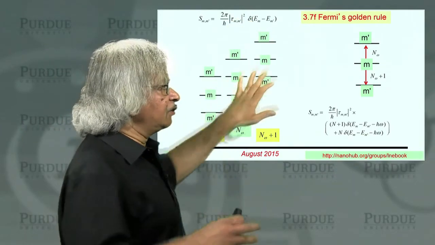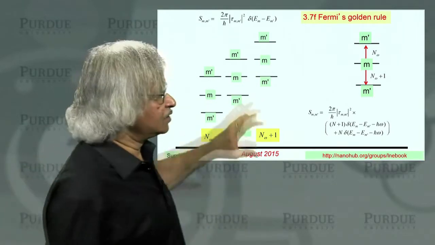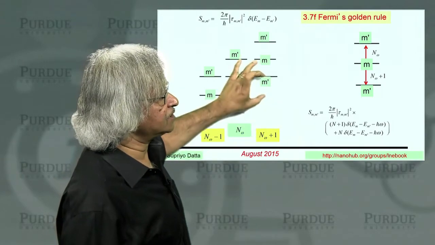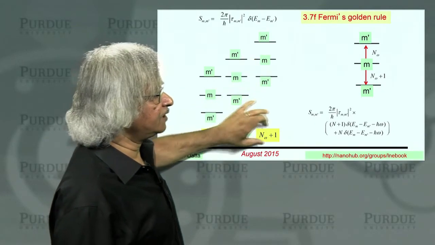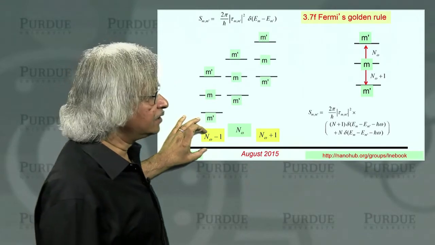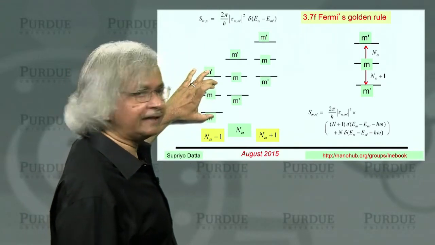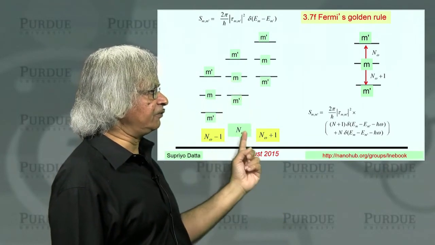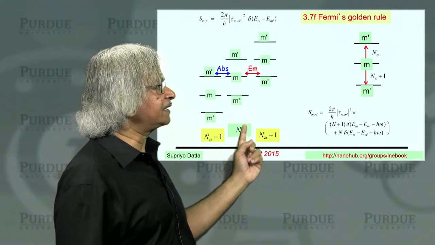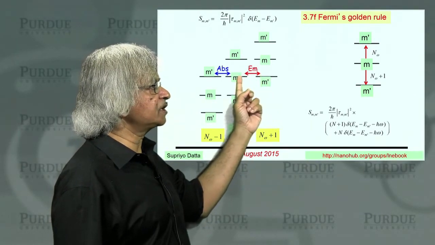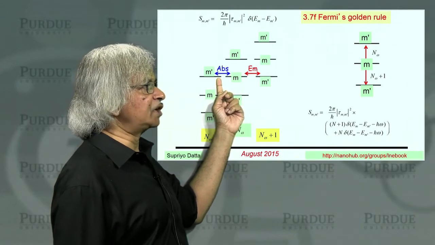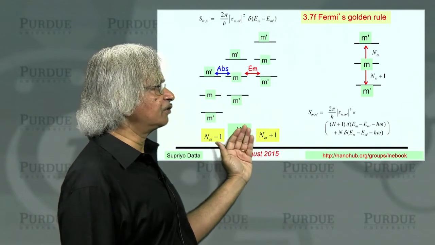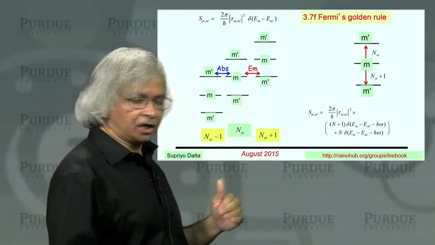Why? Because here we are trying to draw the total energy. So here you had only n phonons, here you got one more phonon, so the total energy is increased by h bar omega. Similarly, you have an n minus 1 phonon state where the total energy is one phonon less. And now the point is that when an electron happens to be in state m with n phonons present, it could scatter either this way, which would be emission, or it could scatter this way, which would be absorption. In one case, you go from n phonons to n plus 1 phonons. In the other case, you go from n to n minus 1,